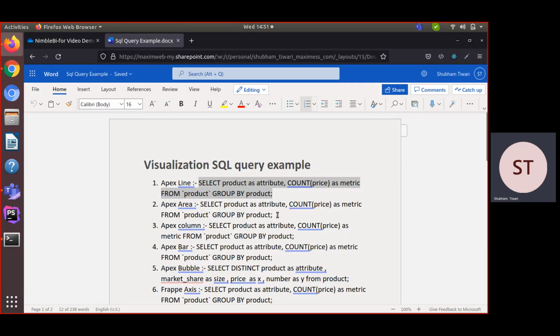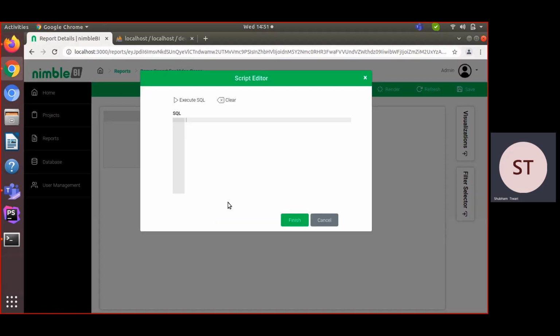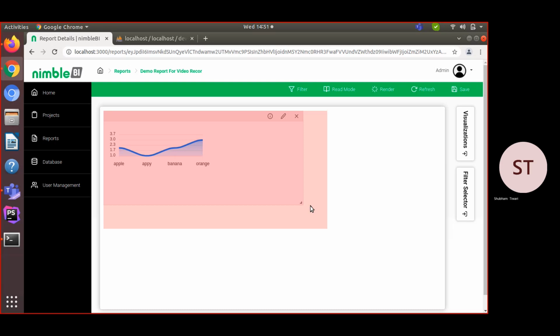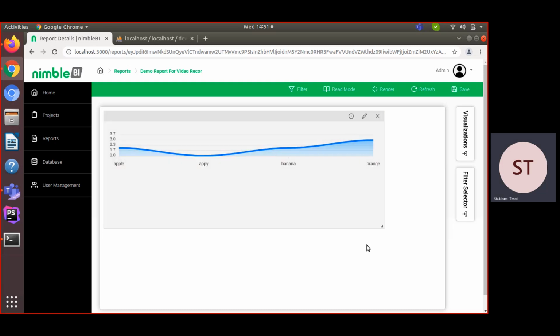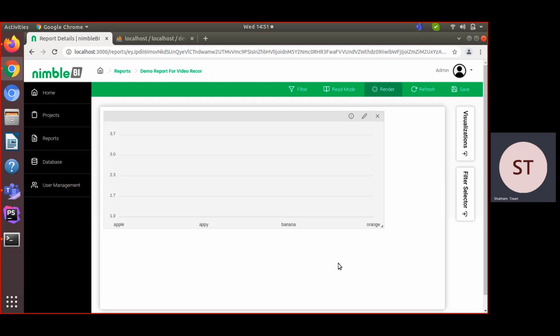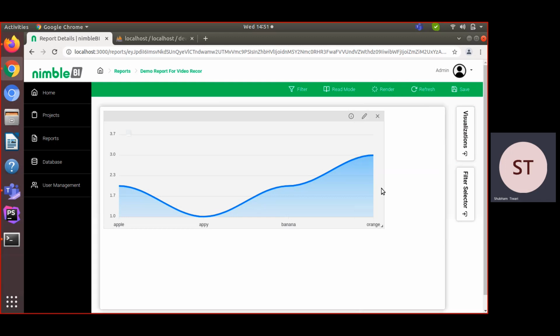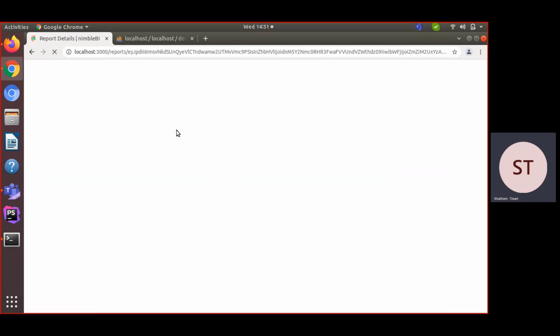For this I'm copying my SQL query that I already created and tested. After that, click on finish and click on render. So you can see this is our second chart, the area chart. Now you can save it and reload it.